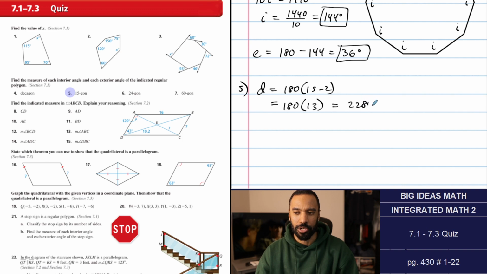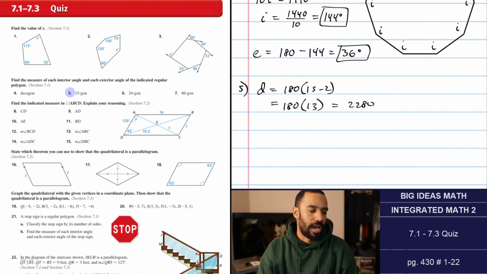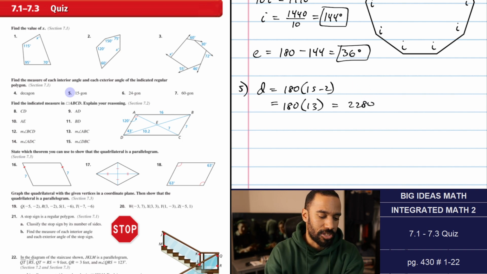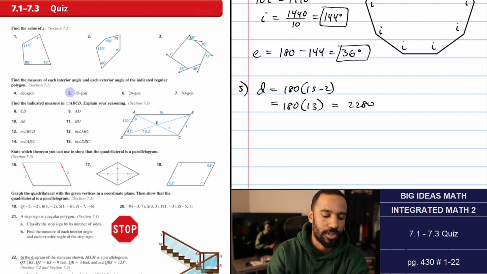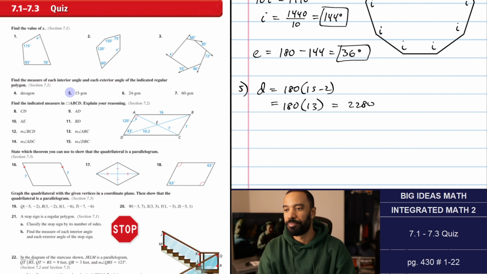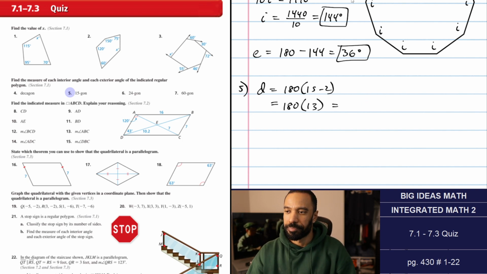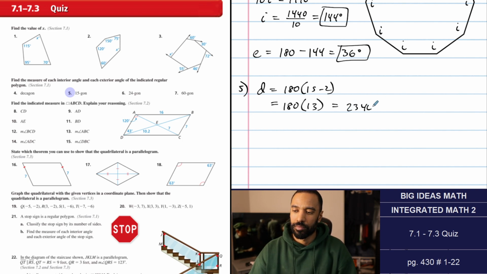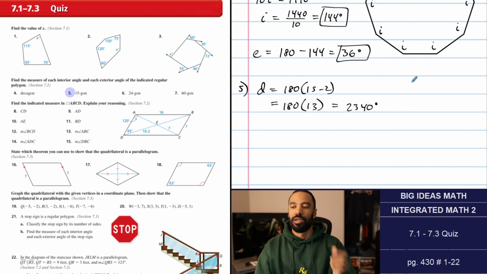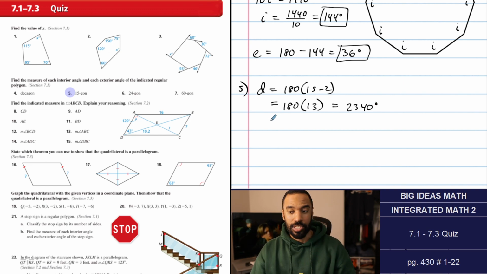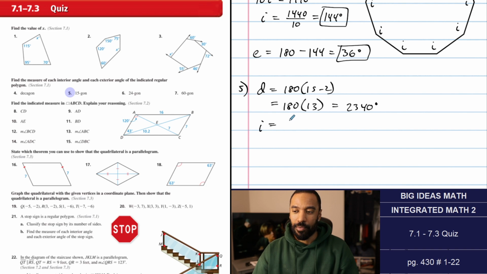2280. I should probably... something about that does not sound right at all. 180 times 13. 2340. I was off. 2340. Okay. So that's the sum. Once again, we can take 2340 and divide by the number of sides or